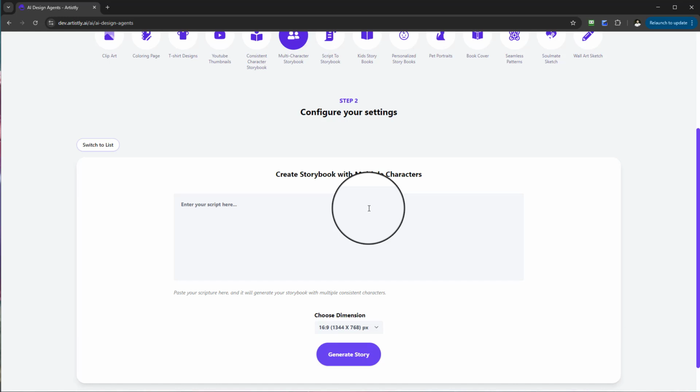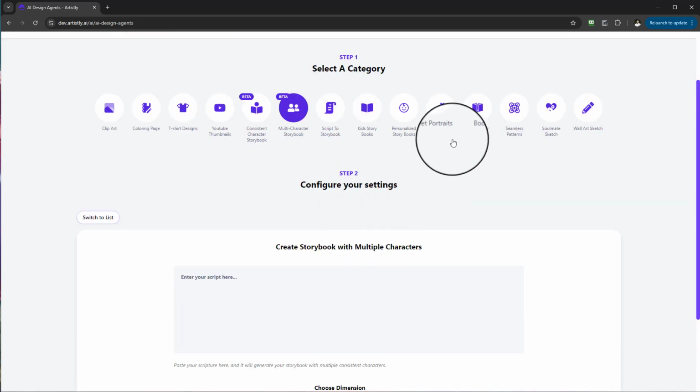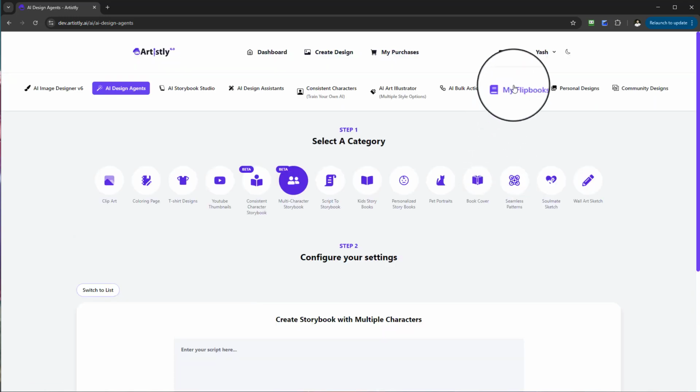Try to be descriptive in terms of the characters. Within the story, the more description there is based on the characters, the better output you would get within the scene. So these are the things that you can factor in and develop as part of your story, and that will give you a really good positive outcome when it comes to creating your